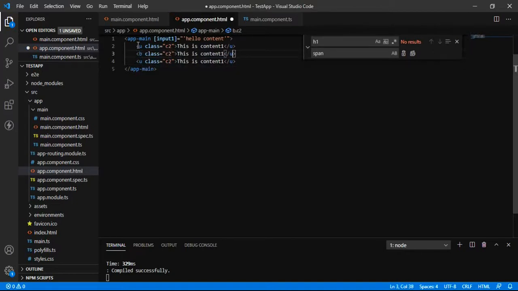Suppose that this is a bold element, this is an italic element, and this is going to select C3 and this is going to select C4, and this is content 2 and this is content 3 and this is content 4. Now let us see. You can see that particular HTML element, that is the dynamic element, is projected and fixed on that particular selected content.